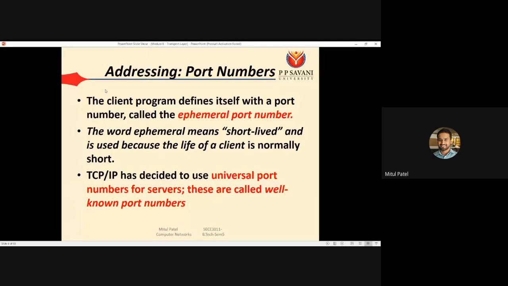We can say that the client program defines itself with a port number called the ephemeral port number. The word ephemeral means short-lived, and it is used because the life of a client is normally short. For example, when you are performing any communication on your own PC, when you go into the task manager,